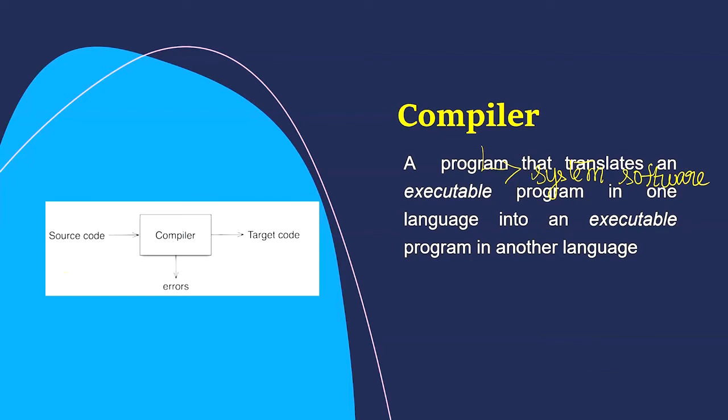If a source code, nothing but a code that is written in C or C++, any high-level language program, is fed into the compiler, it will compile it and produce the target code. The target code is nothing but the binary code or machine code that is understandable by the computer. During this translation, the compilers will produce errors. These errors have to be corrected by the programmers manually. So during the conversion, the compiler will produce errors if there is an error in the program.